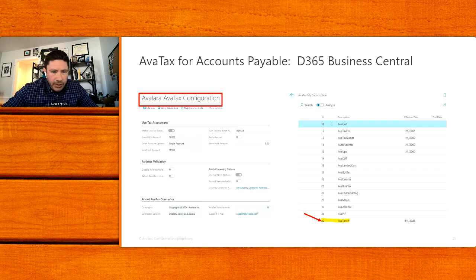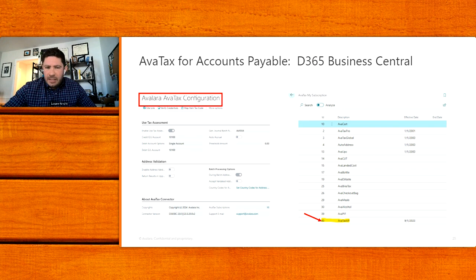So in the configuration screen, down near the bottom, you will see in the About AvaTax connector, AvaTax subscriptions, which in this case says 16. We've now given you the ability to click into that, and you should be able to see your AvaTax accounts payable entitlement. Now the question may be, how do I get the AvaTax accounts payable entitlement? That'll be something you want to talk with your account manager on, just to make sure that they do have that set up for you so that you have that access. But if you do have that access, then you should be able to see it right here in your